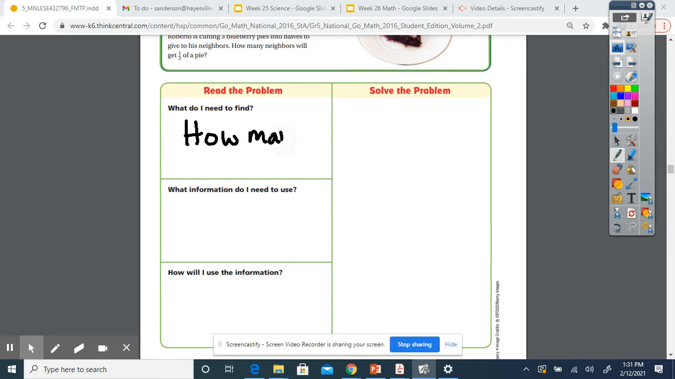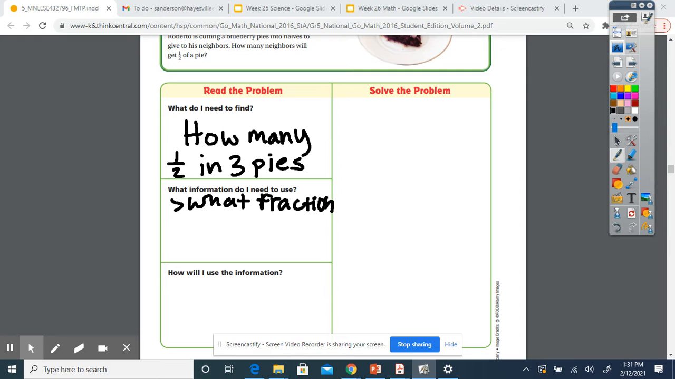How many halves in 3 pies? What information do I need to use? You need to use what fraction he's cutting his pies into, which are halves, and how many pies he has. I'm just shortening these. So how do I use the information? Well, we are going to do that over here with solving the problem. So what I'm going to do